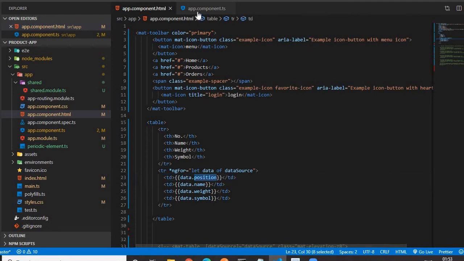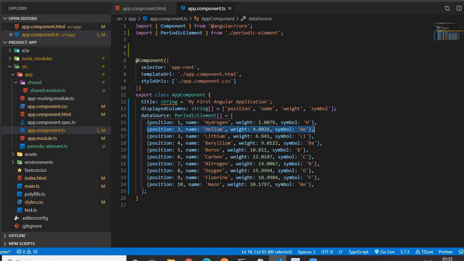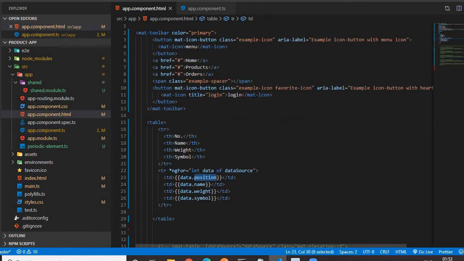If you see in my array of objects, each object has 4 properties: position, name, weight, symbol. As there are 4 properties, we have to define 4 td elements, and we can access those properties using data.position, data.name, data.weight, data.symbol, with *ngFor for the iteration.